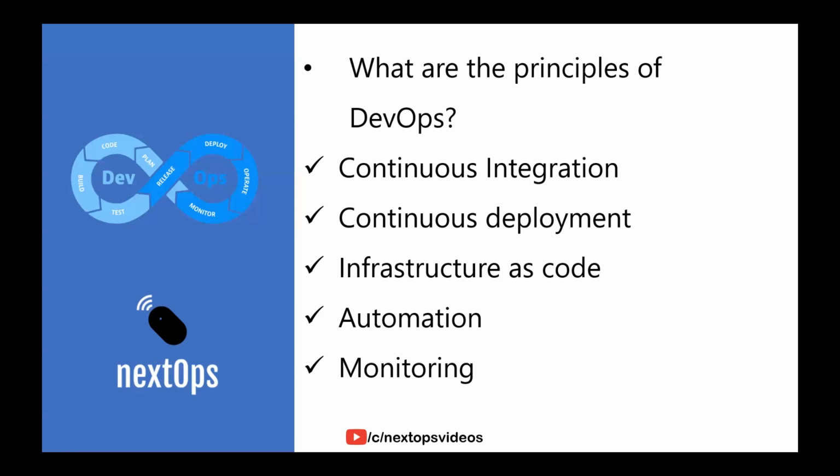So within an organization, if a team of developers is working on code, they make changes to the code multiple times a day. Once they're done with the changes, they will push it back to the source code management repository. Why do they change the code in the first place? There could be n number of reasons: the addition of new features, the enhancement of existing features, or fixing any kind of bugs. That's why they do the code changes, right?